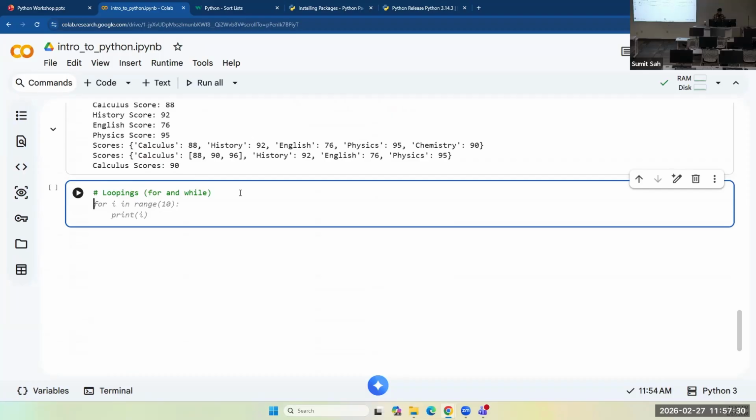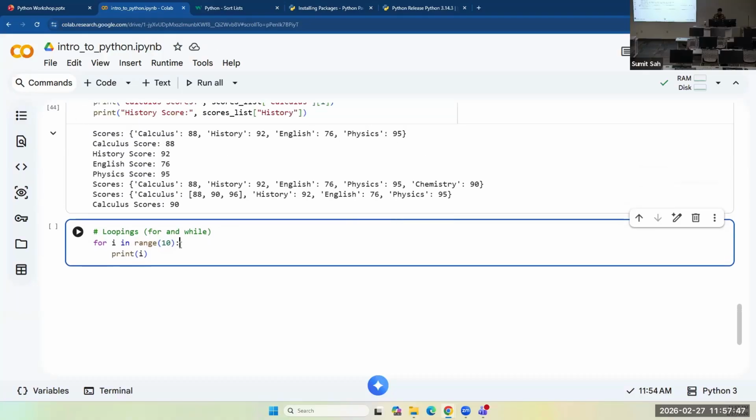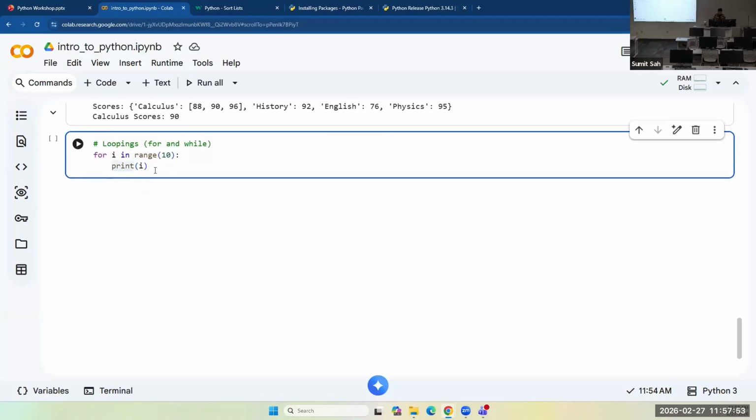A very simple syntax for a for loop is this: for i in range 10, then a colon, and then a tab and whatever code you want inside your loop.